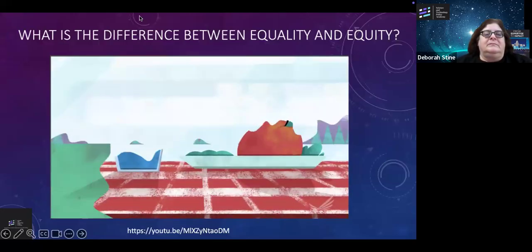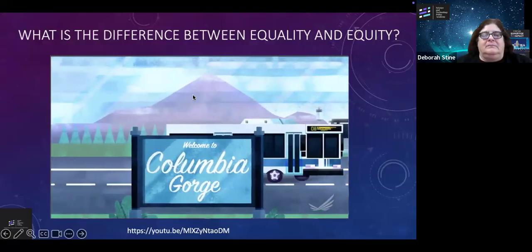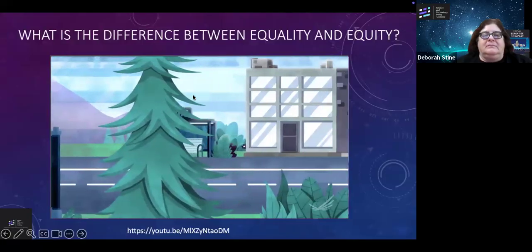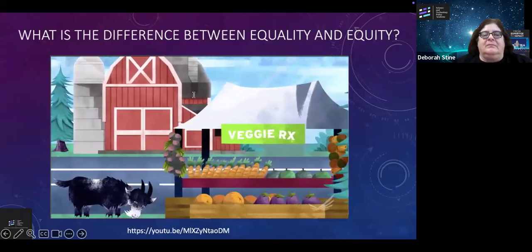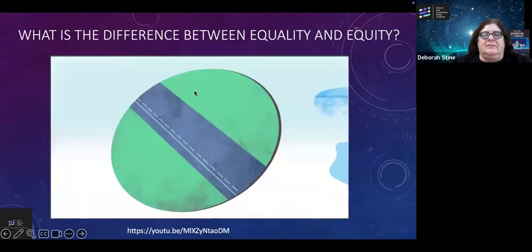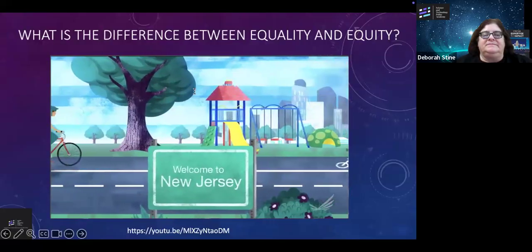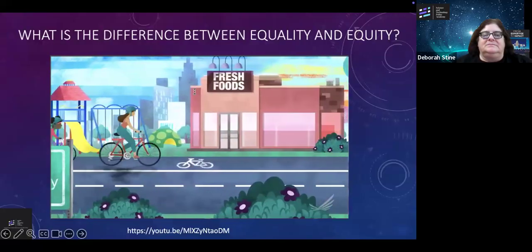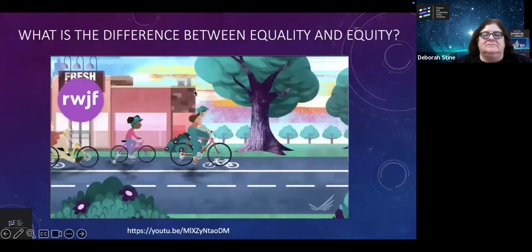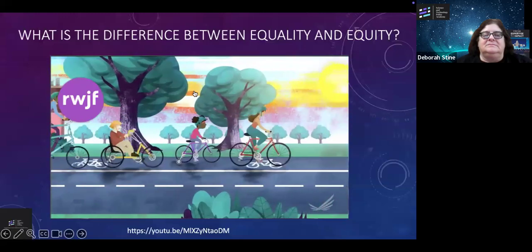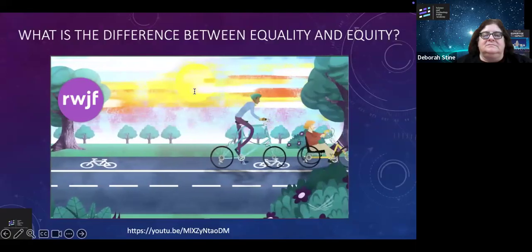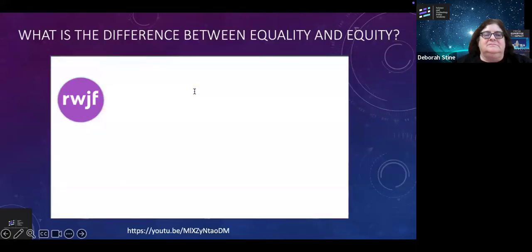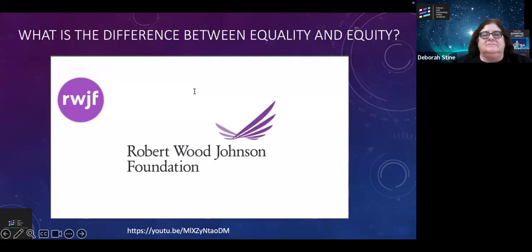We can follow the lead of communities like Columbia Gorge in Washington and Oregon, where businesses, doctors, and farmers tackled the local hunger problem with the Veggie RX voucher program. And the New Jersey Partnership for Healthy Kids is bringing down high rates of obesity in underserved communities. We should be inspired by these local efforts and remember that health equity is all about making things better for all of us. When everyone's healthy, everyone benefits.